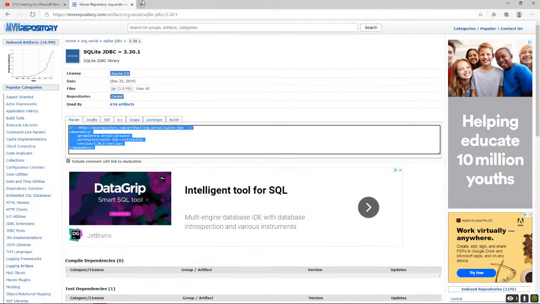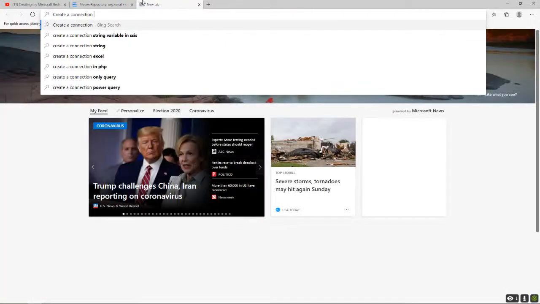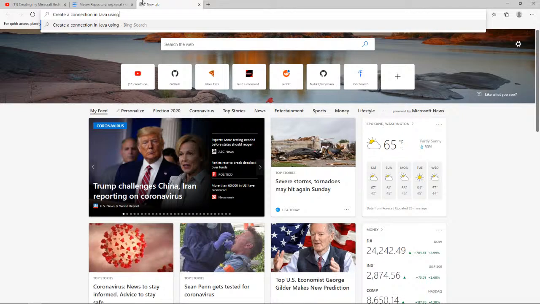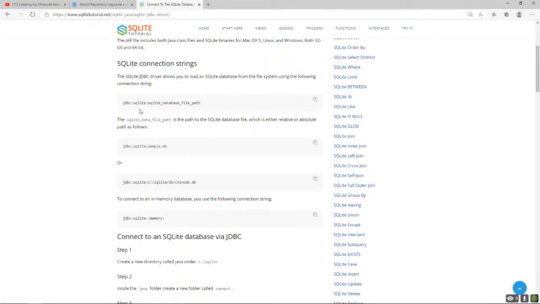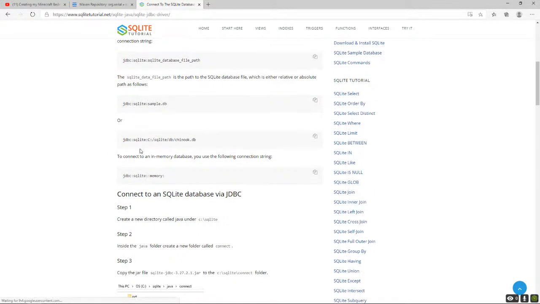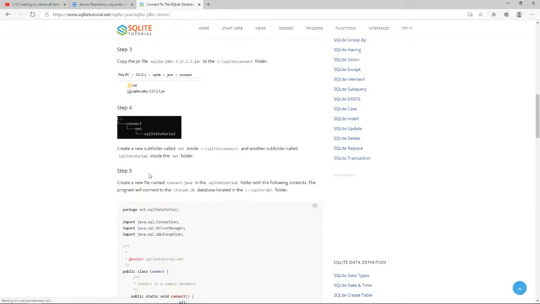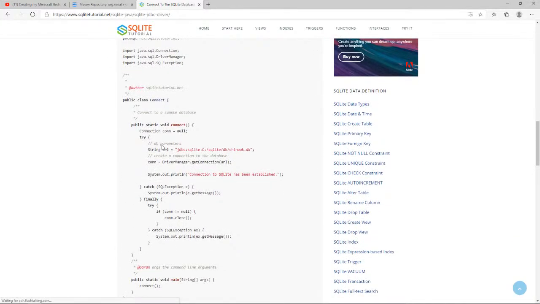I don't remember how to do this. Create a connection in Java using JDBC SQLite. Okay, driver manager. That's what it was.